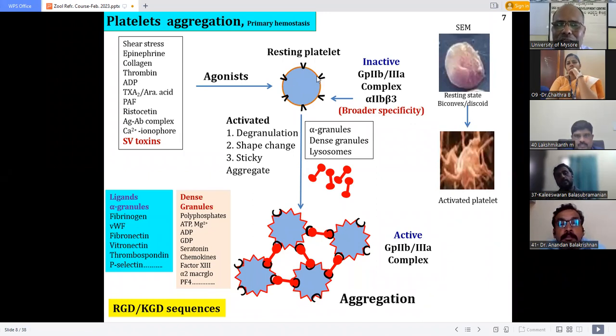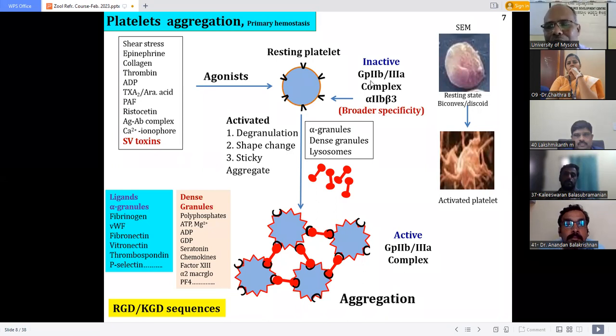Look at this, this is a circular, round shape. Most important, whether the platelet is activated through any agonist, the end result is the same. Platelet activation takes place, shape change takes place like this, and during this process,